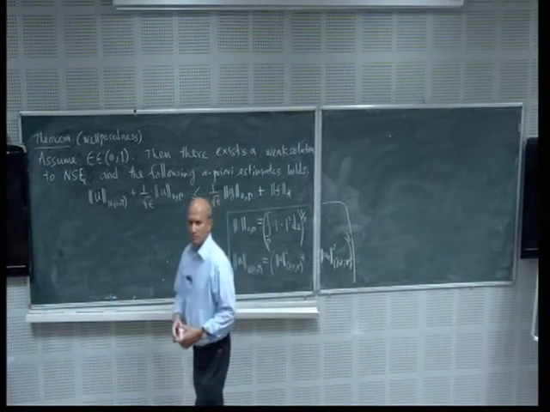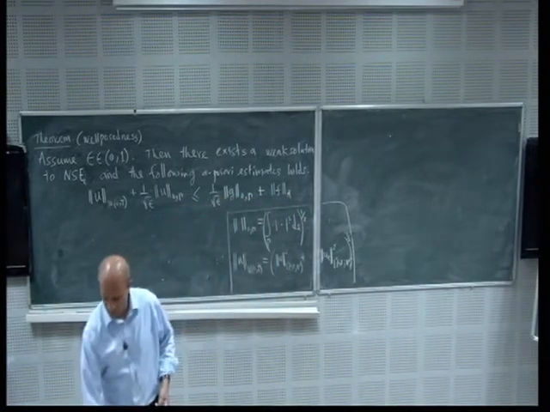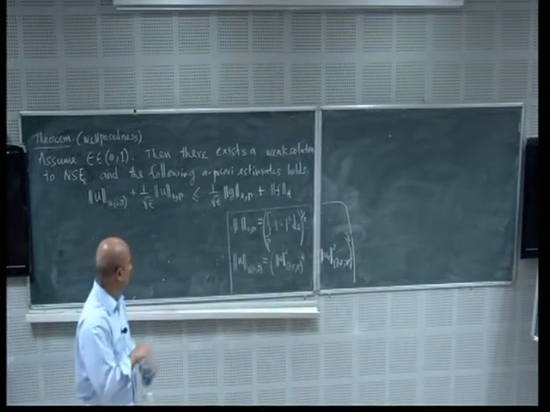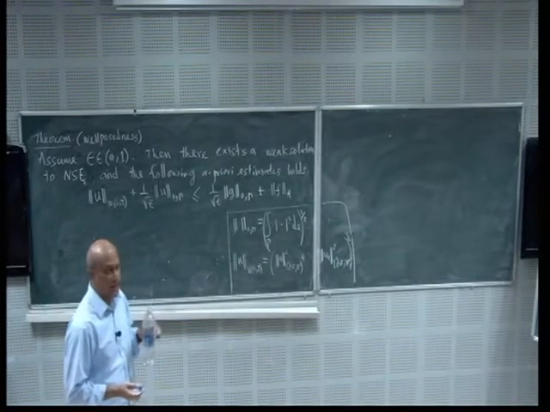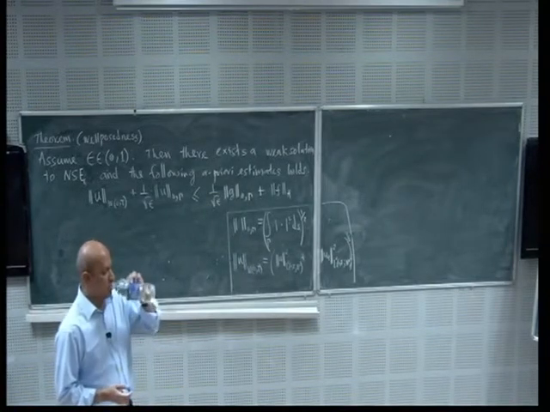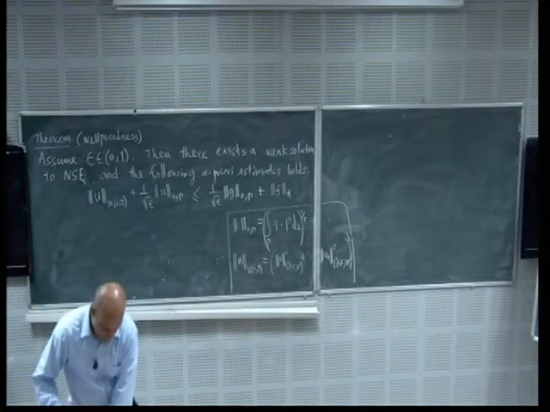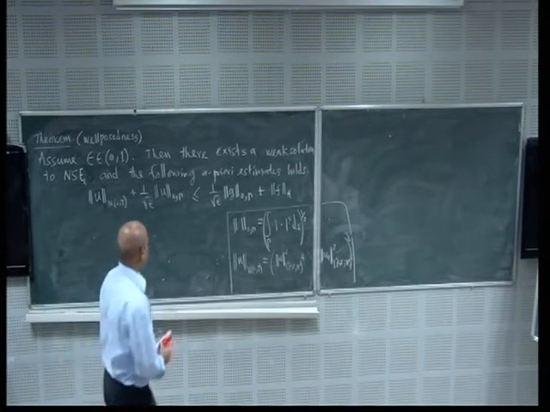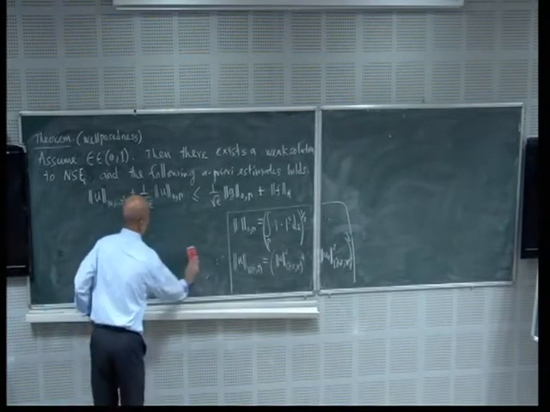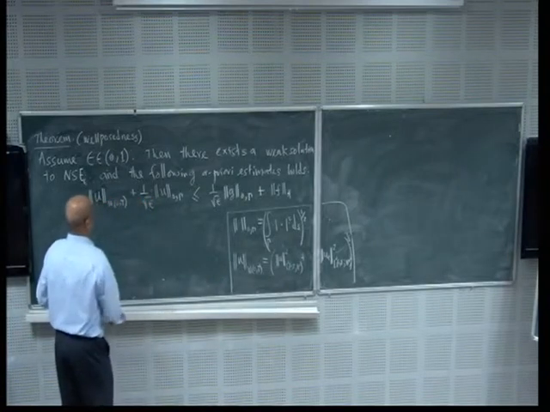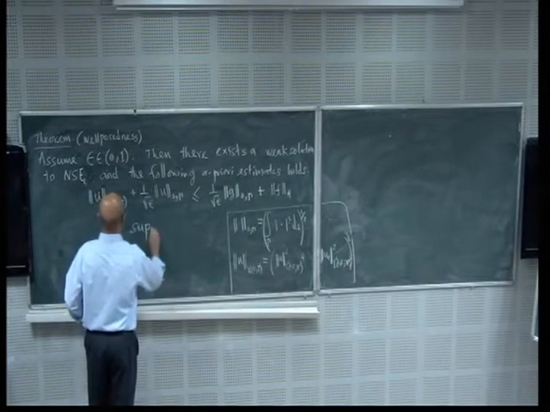So when you write norm of u with subscript 0, gamma, you mean simply the L2 norm of the restriction of u to the boundary. Yeah, right. And also we have this sup of